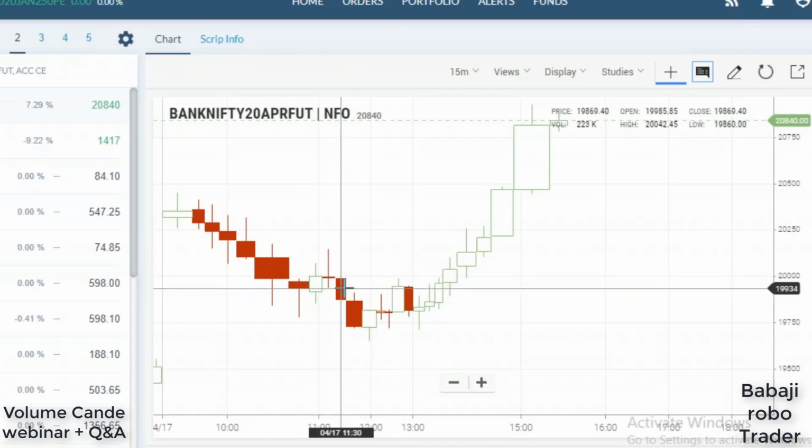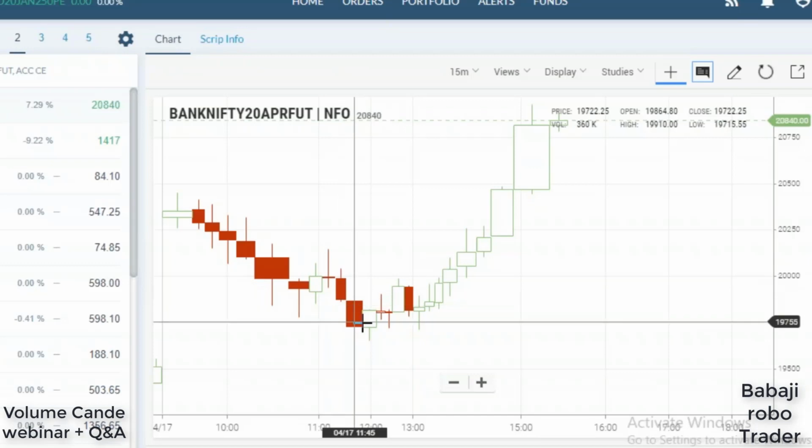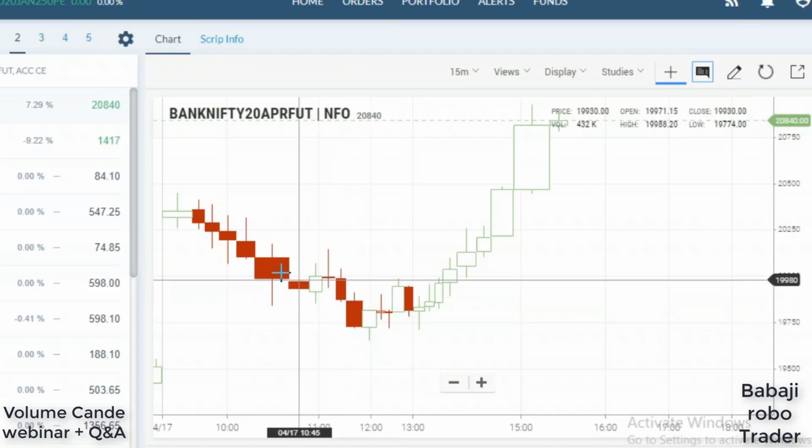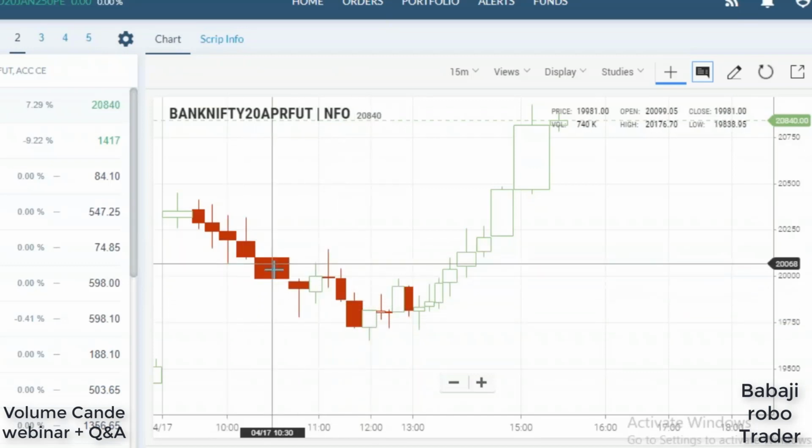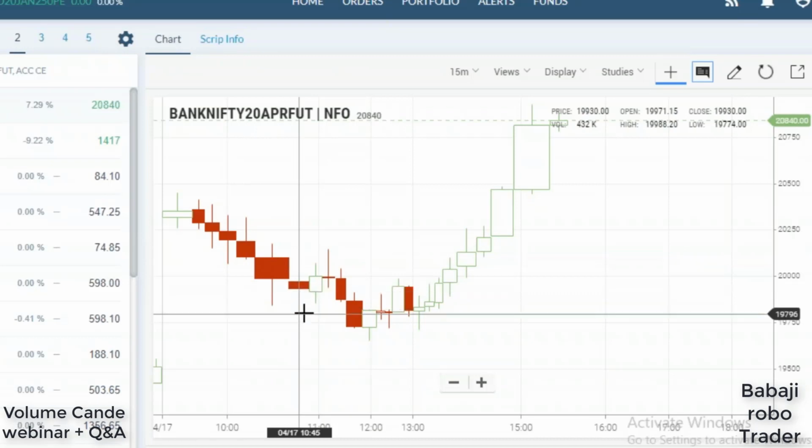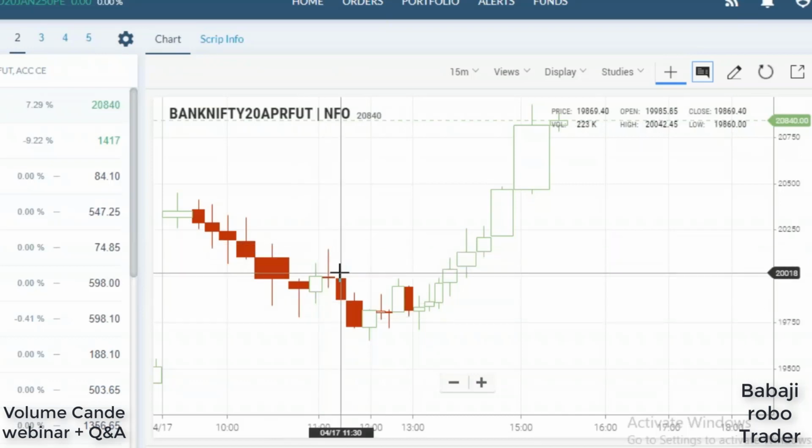We can take the trade here, right? We can go for the sell trade. But we can see there is big volume happening on this candle with the wick on the bottom, right? So we are not thinking about whether that is bullish or bearish. We are thinking about the direction of the wick. If it is on the downside, when the high breaks, go for the buy. If it is on the high side, in the opposite, at the top, when the low breaks, go for the sell trade.